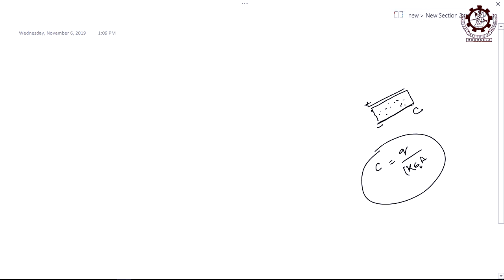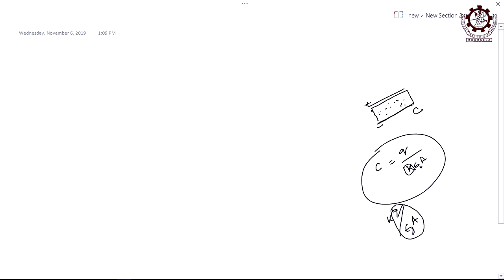Where will this K be? Denominator or numerator? Numerator, yes. So, it will be Q divided by K epsilon 0 A, right. So, when you are introducing the dielectric slab, it must have some dielectric constant K, then it will be enhanced by that much times, right. But that is not the case.